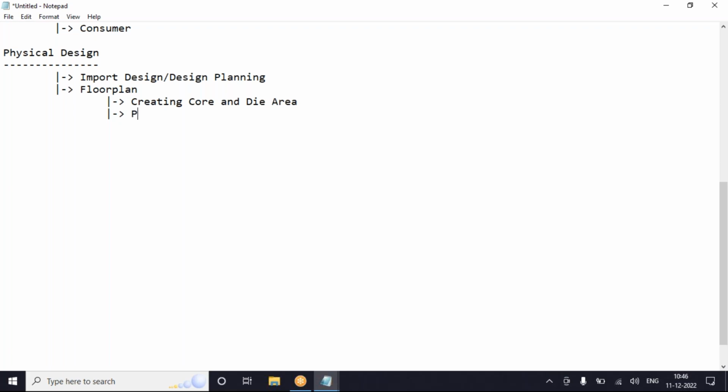So that means first is pads placement or ports placement. Let's keep it simple, like your interface placements. Pads or ports will be placed.